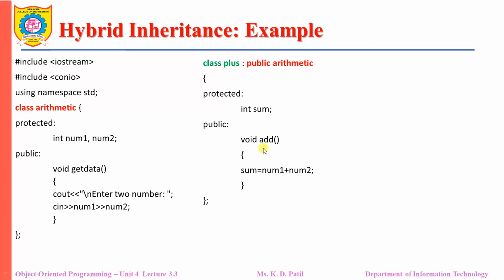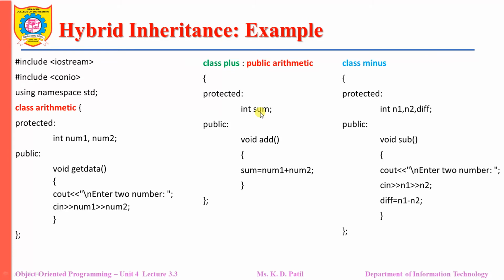Okay, and what is class plus doing? Class plus has its own member function, that is the add member function, which performs the addition of two numbers, and it has its own data member, that is sum, which is going to save the result. Okay, and now let us consider one more class, that is class minus, which is a separate class